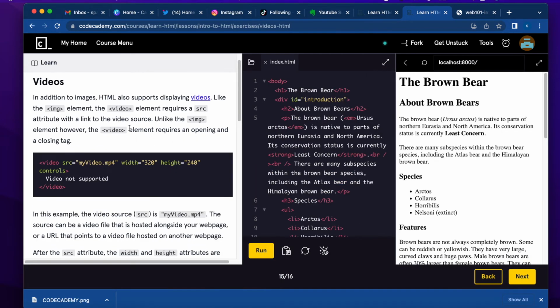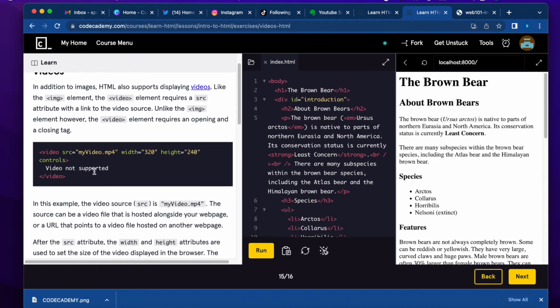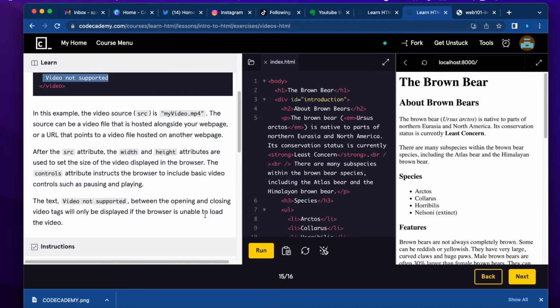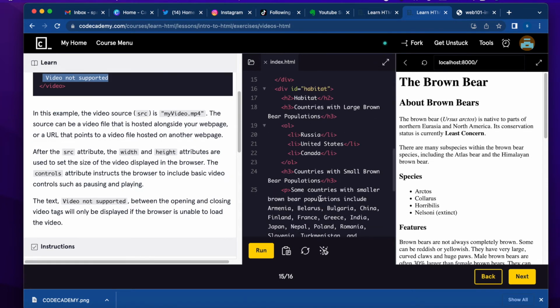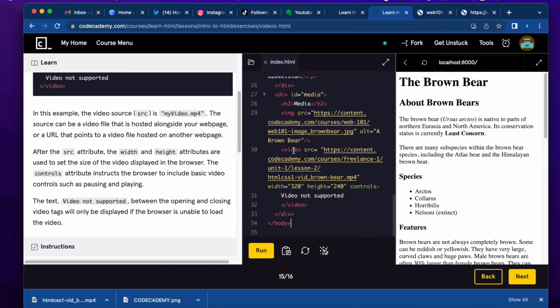So videos, this is an element that requires an opening and closing tag, unlike the image element. And here they added video not supported in case the browser is unable to load the video. So let's find our video element on the code. Here it is. So video opening tag, source, here's the link to the video, size that will be displayed on the browser,